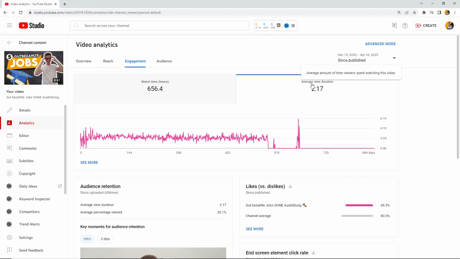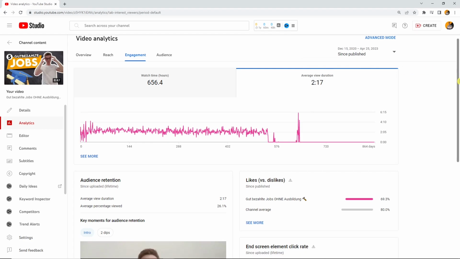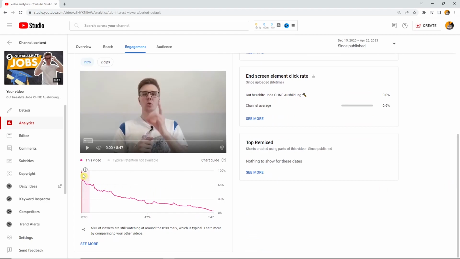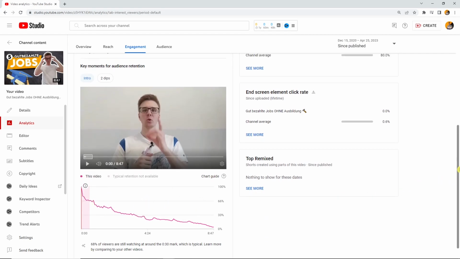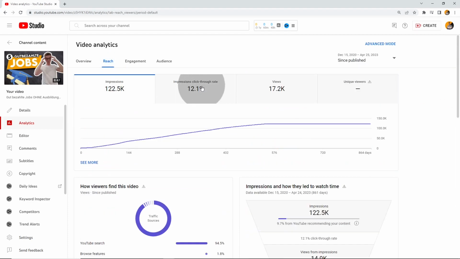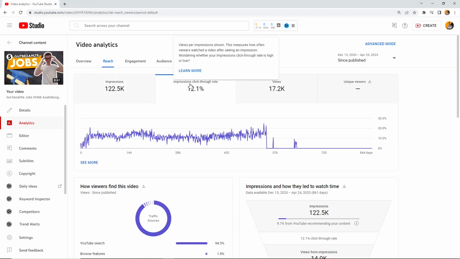Of course, on average, it's not possible to have a 90% average view duration. That is simply not possible. And for that, you have to look at the first seconds, because if a lot of people jump out here, of course, your average view duration will be low. And to improve the impression click-through rate, you need to optimize your title